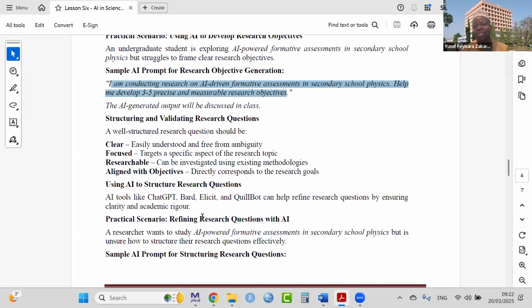When you set out 3 objectives, you must set out 3 corresponding research questions. Your research questions must align with your research objectives. Correspondence, one-to-one. You remember that? One-to-one correspondence. The first research objective must go with the first research question. The second research objective must go with the second research question. The third research objective must go with the third research question. This alignment must